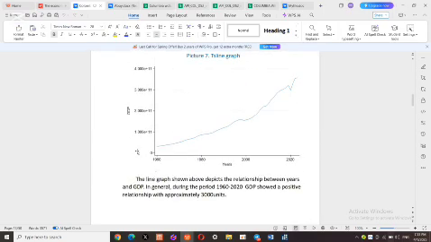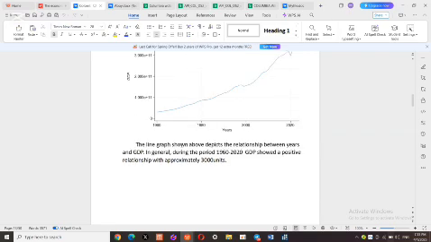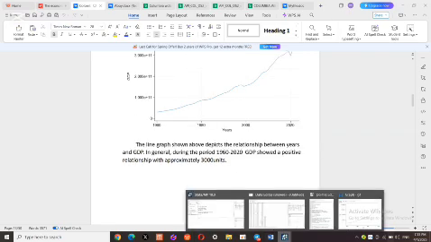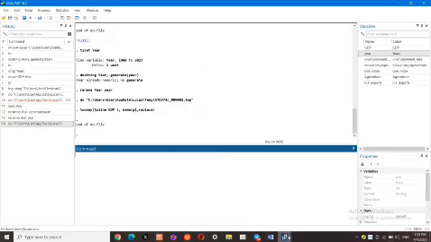Here I have already pasted GDP and years. The line graph depicts the relationship between years and GDP in general during the period 1960-2020. GDP showed a positive relationship with approximately 3,000 units. And go back to Stata, and now